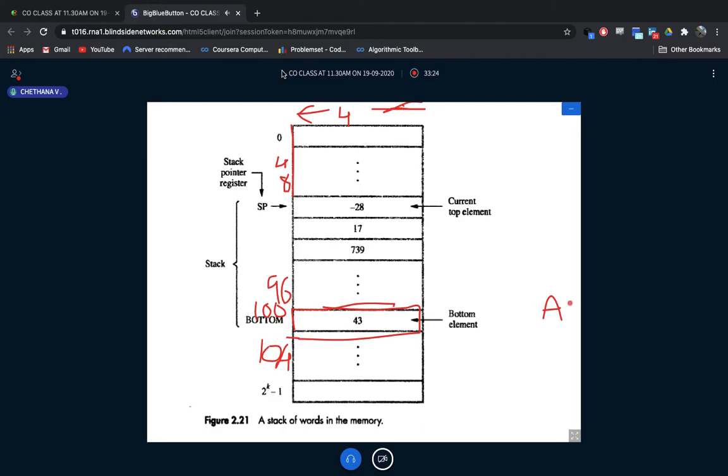First we have to decrement it, and A will be kept here. So A is my data here. After A, again I'll decrement the address by 4. Now it is 96, then I'll keep B here. Then after that I'm going to reduce again. So it becomes 92. So this becomes C.